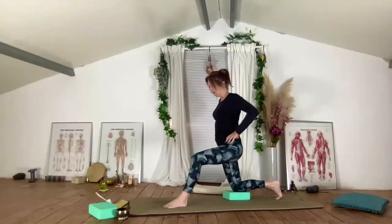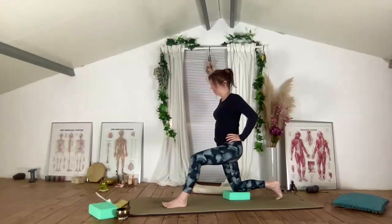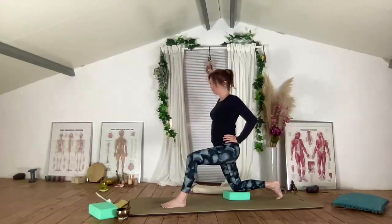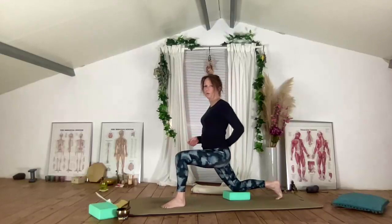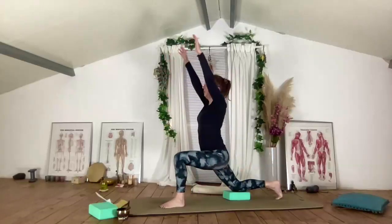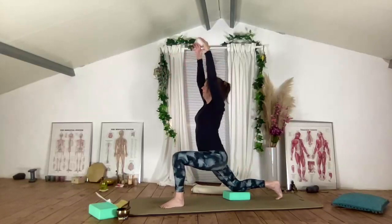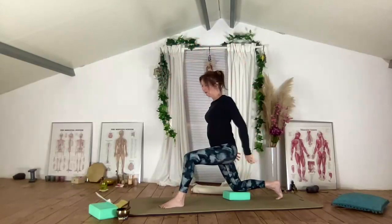So with the hands on the hips here, we're just going to move forwards with the pelvis just a little bit and then backwards. Not taking this into a really deep lunge. We're just experimenting to begin with. So this time when you go forwards, notice where in your spine you shrink a little bit. For me, it tends to be a bit more around the lower back than anywhere else. So let's use the arms to invite length. So the arms can come up. Yeah, that kind of helps it. I don't sink so much. I don't know if that's the same for you. Sideways, nice and long, forwards and backwards. You can bring the arms down or whichever way you like. And again,